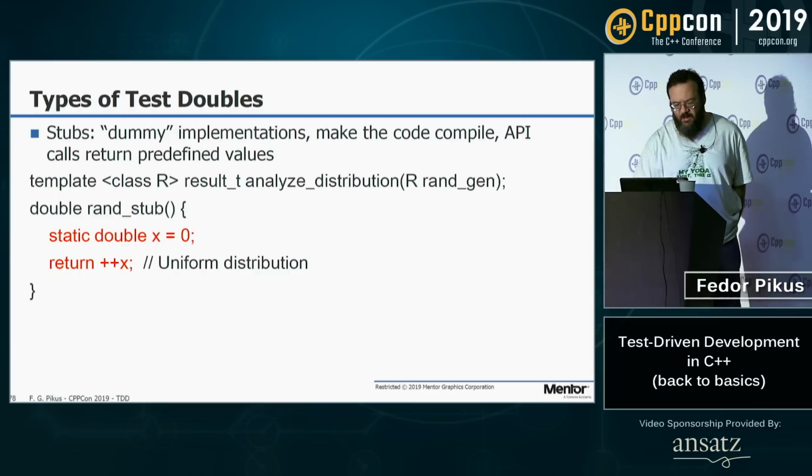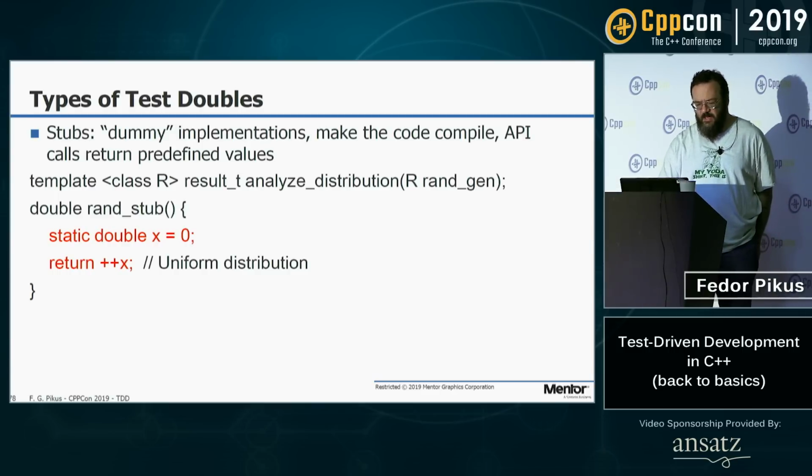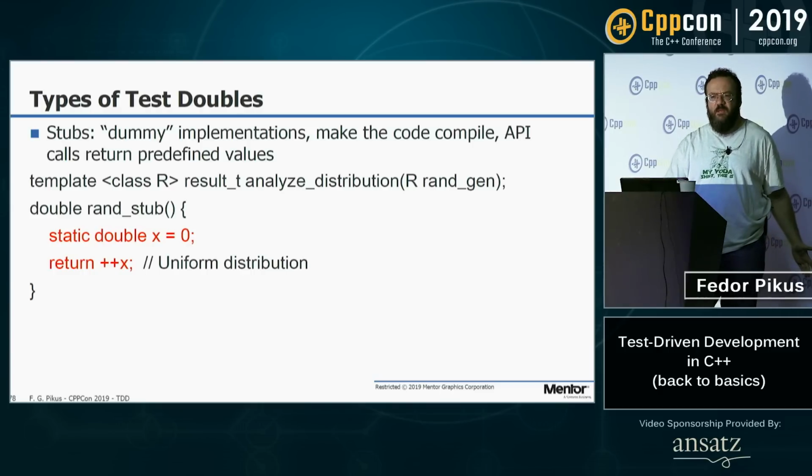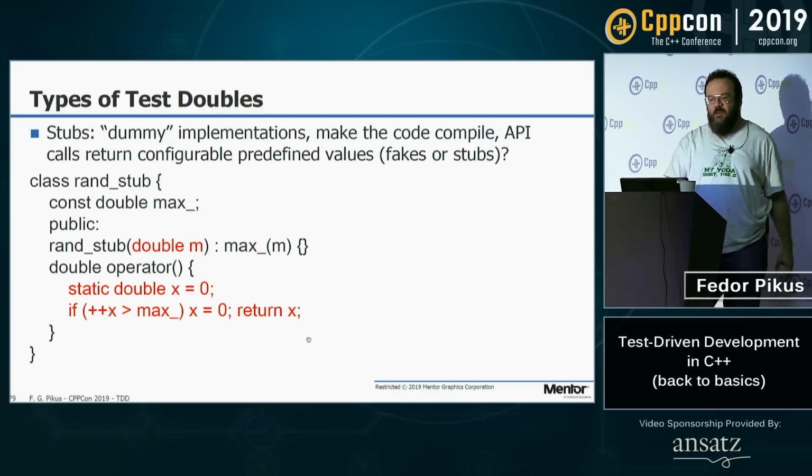Stubs are basically hard-coded things. Just return the value, make your code, compile, link, and run with some set of values that you know what they are. You get control over the data this way. It's valuable for testing. You know exactly what you're testing on. Sometimes you get kind of a more complex stub. You feed the data into it, and then you get it back out.